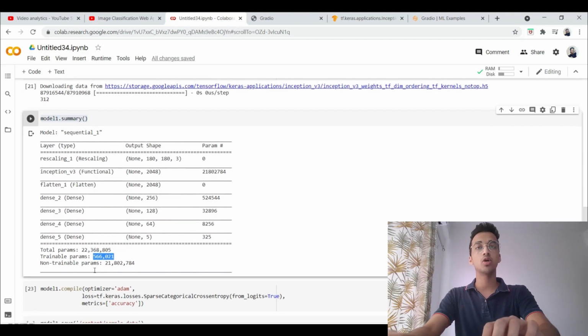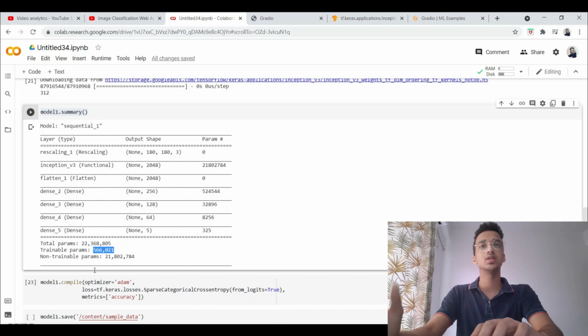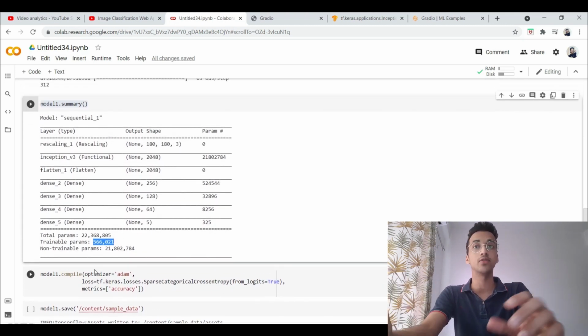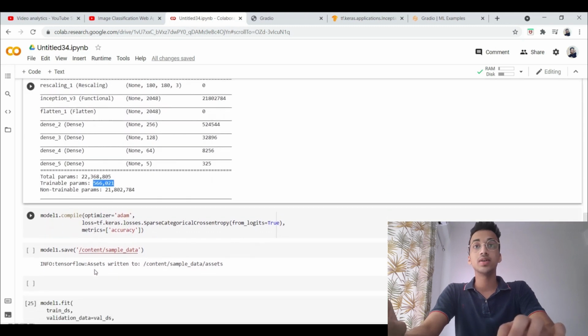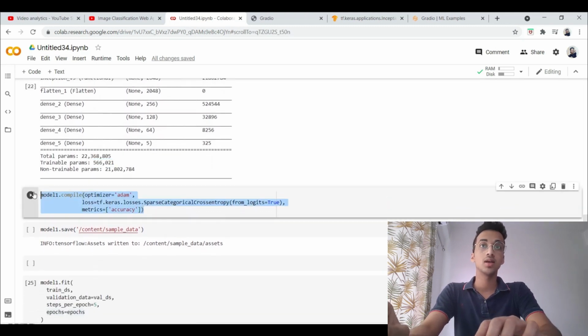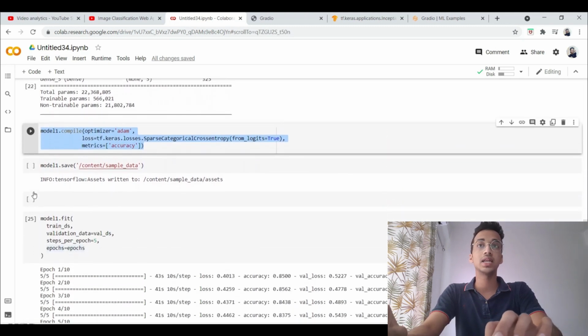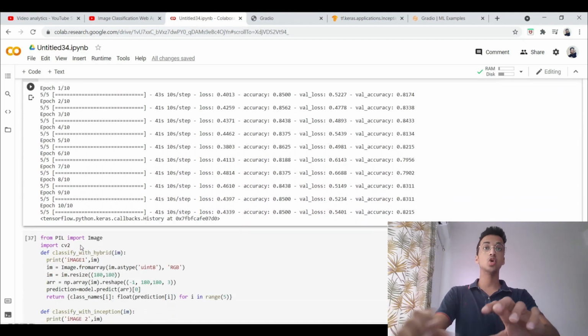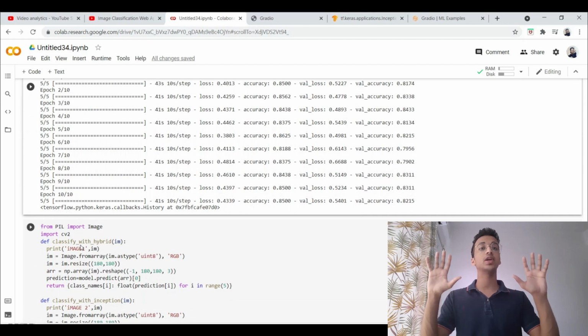So that is about transfer learning. If you don't know that, do not worry about it. Just check out my other video on transfer learning, or you can simply train some other model as well if you want. So here is where I'm compiling the model using again ADAM optimizer and training the model over 10 epochs, right? So up till here, basically you have trained 2 deep learning models.